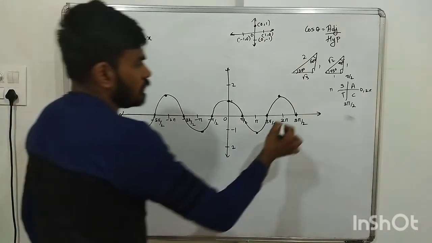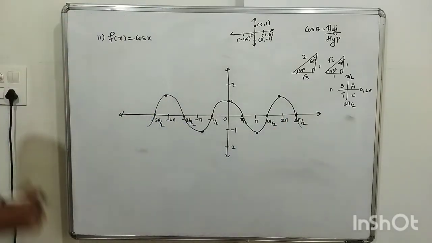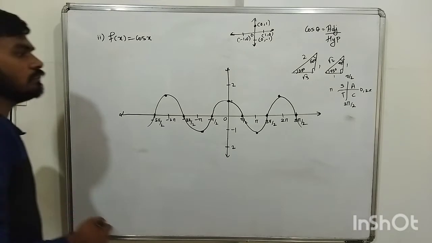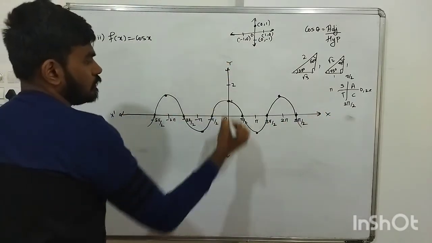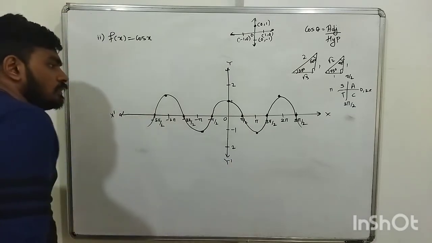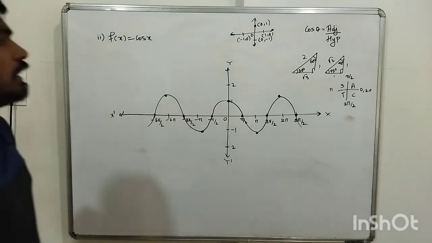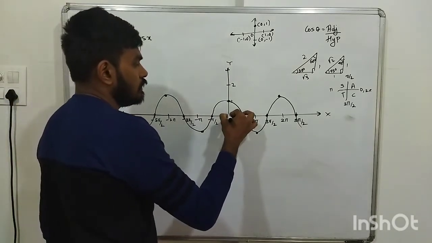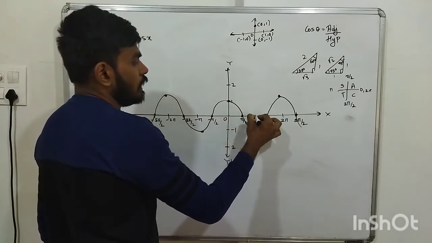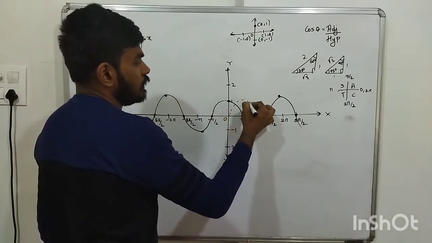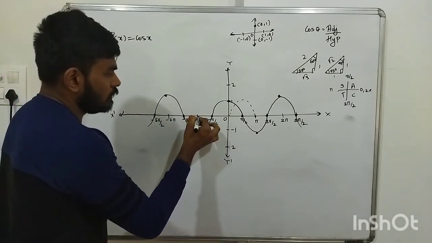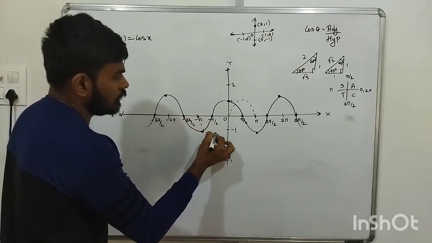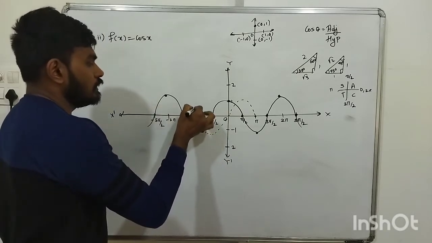So we get a curve like this. Now what is the difference between sine curve and cosine curve? So this is x dash, y dash. What is the difference between sine and cos curve? If you see properly, sine curve was like this. It starts from 0 and pi, like this it was, correct? Sine curve. Here it was like this. So it is just a little in front here. Like this it was, sine curve.